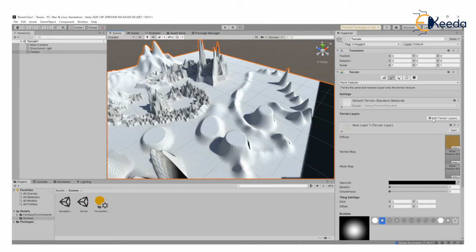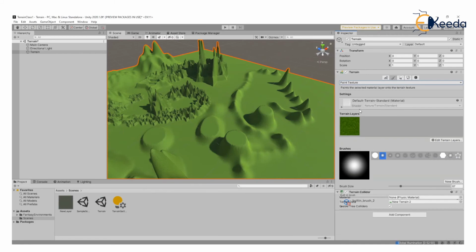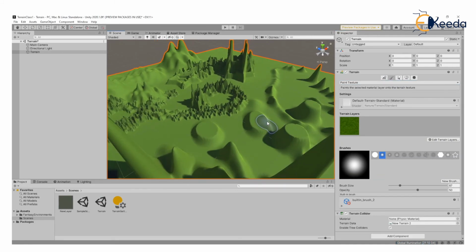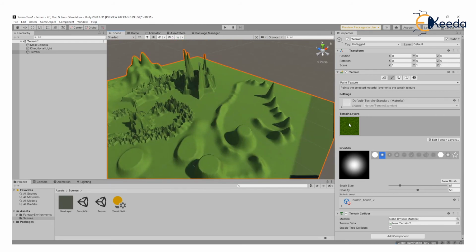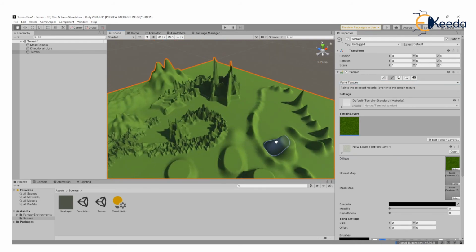With that, we'll start by creating an edit terrain layer and create layer. What I want to give the entire terrain is a green background, so I'll add a green grass background. The first layer that you add takes up the entire terrain. So if I add a green grass layer texture over here, the entire texture becomes green in color. You can see it on your screen.